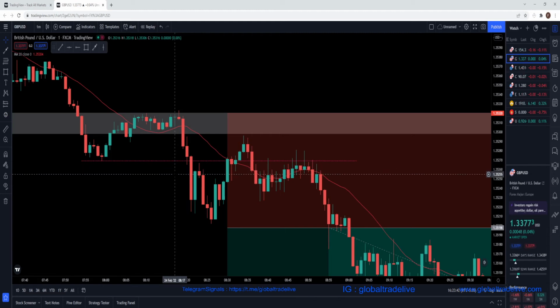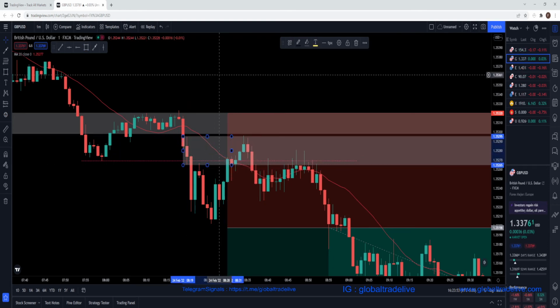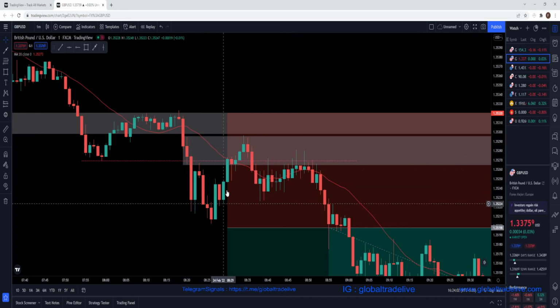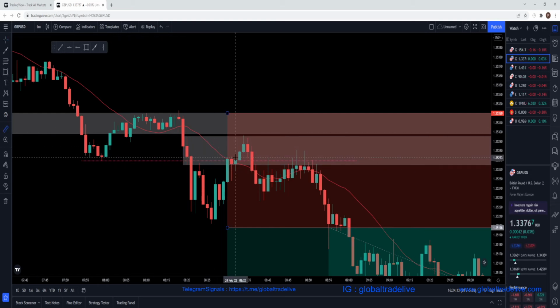So what was the candle before that impulse move in the market? What was the small candle? So we can all see this was that candle over here. So this became the POI, right? Then what do we need to do after that? We need to wait for the market to enter that POI region. Okay, so the market entered the POI region and we waited over here, and when the market entered that region,